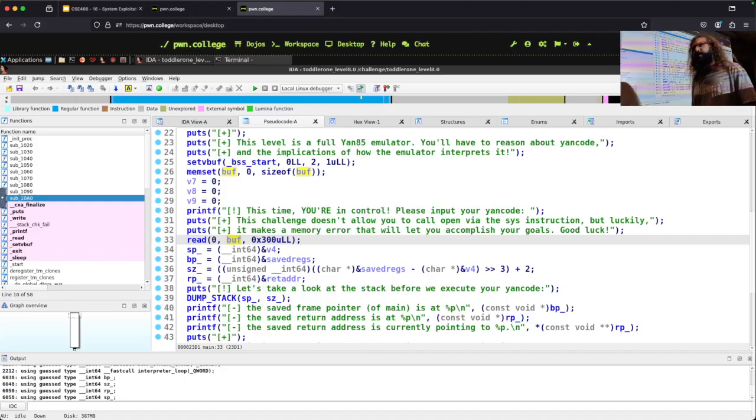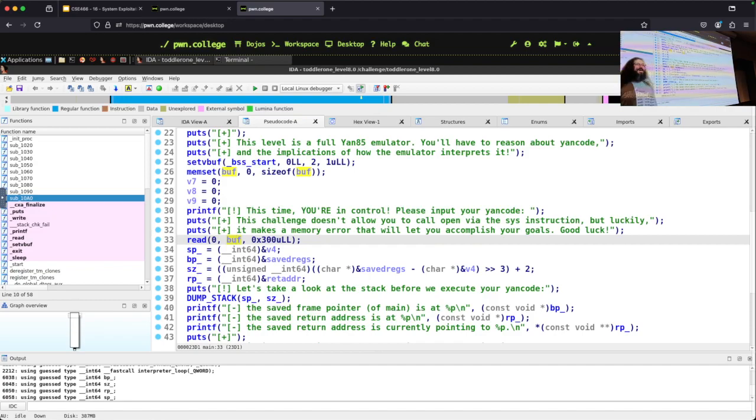There are a few things baked into that question. The first one is, okay, this is a buffer overflow. Hypothetically, if this were a buffer overflow, what would I be overflowing onto?